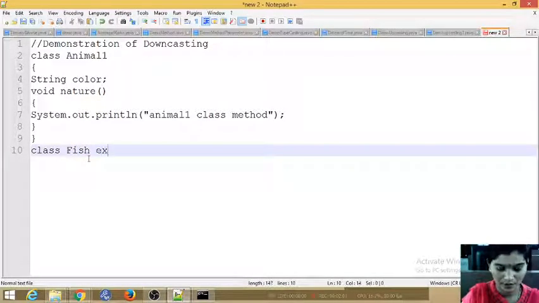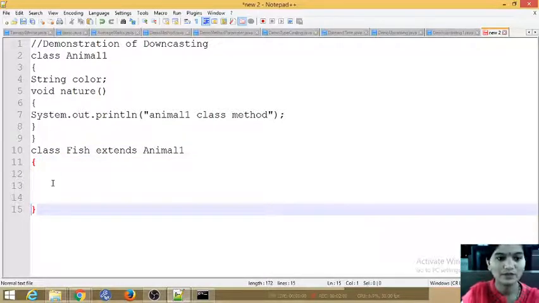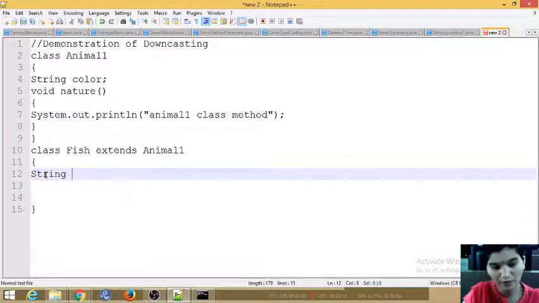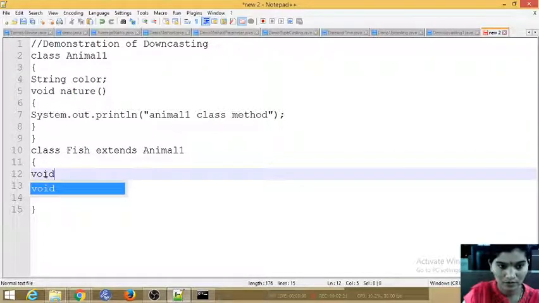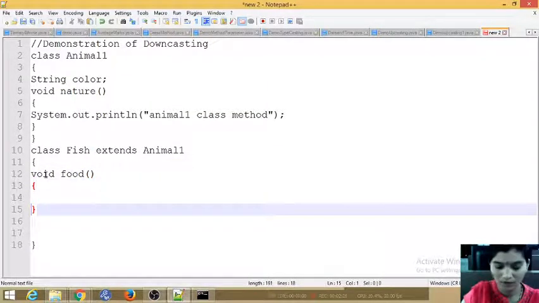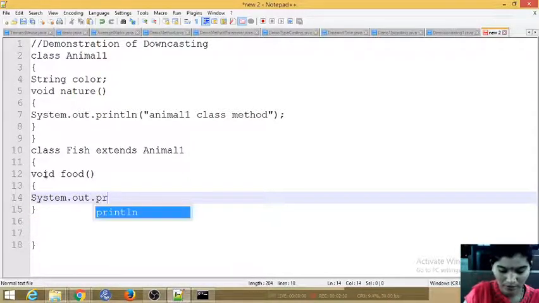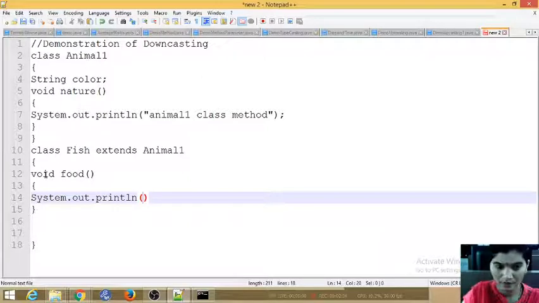Next we'll create one more class, Fish, which extends our Animal1 class. Now we'll add one more variable, a String name, and another method, void food, which prints an eating statement with System.out.println.